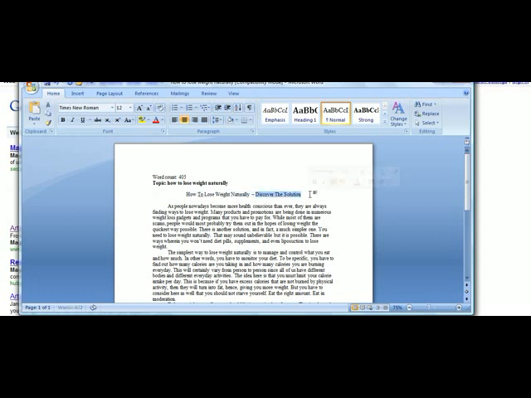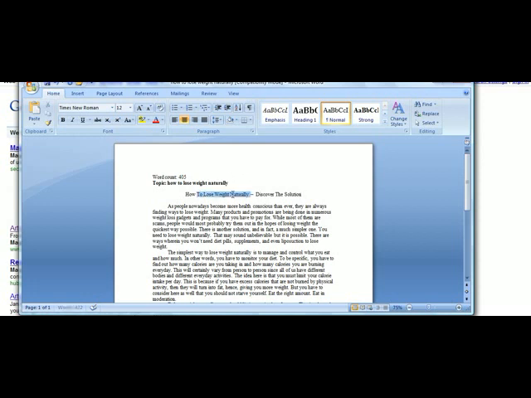So it might be five tips to weight loss success. Something like that. You want to basically encourage people, because just having the keyword phrase sometimes won't be enough to get people to want to read it. So you want to make sure, how to lose weight naturally, and then give them a reason, so discover the solution, something like that. Something strong, something powerful that will really show them that you can offer them what they want.